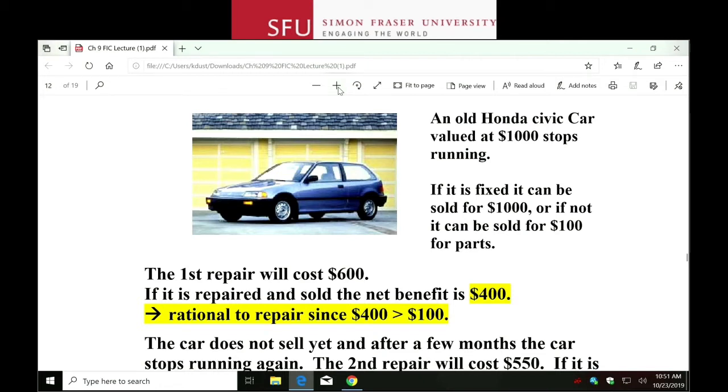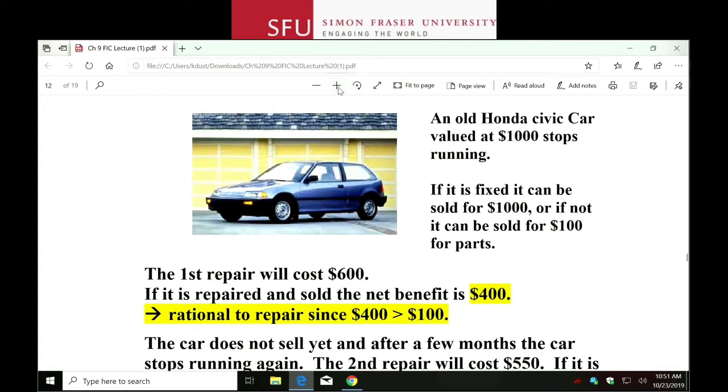Now, either way, you're going to lose money, right? Either way, you're going to lose money. How do you lose the least amount of money? You do the second repair, right? Yeah. So, of course, you're regretting having done the first repair in the first place. But you can't do anything about it. So the best thing to do now is to pay for this repair, and then you will lose $150, but it's better than losing 500 by taking it to the junkyard now and only getting 100 after investing 600 in